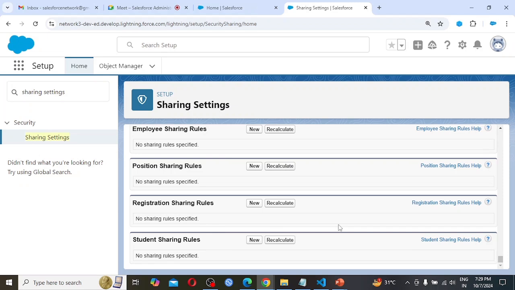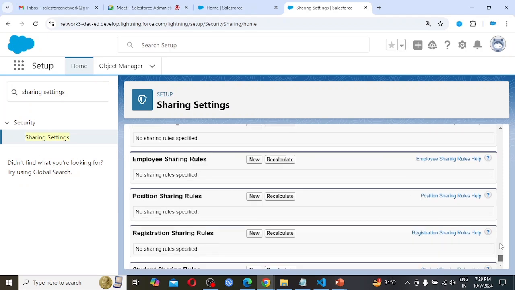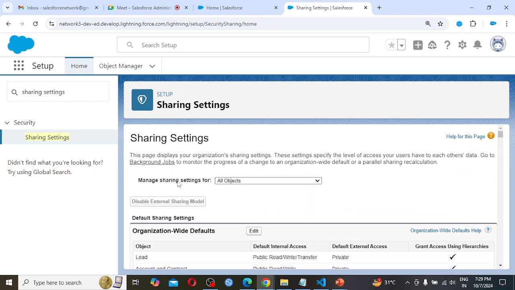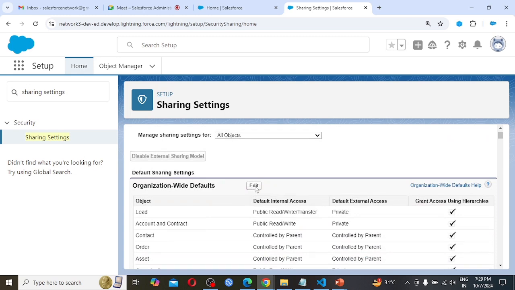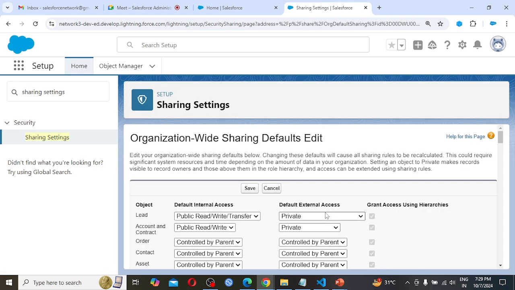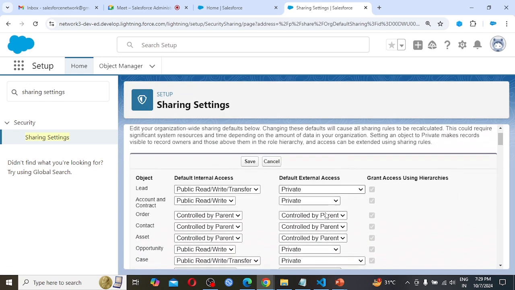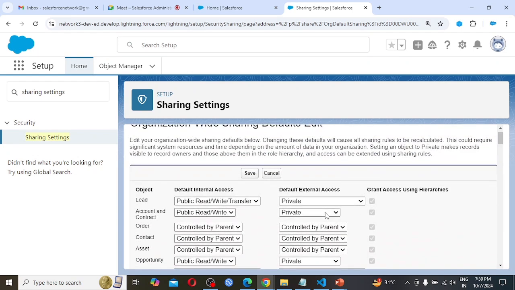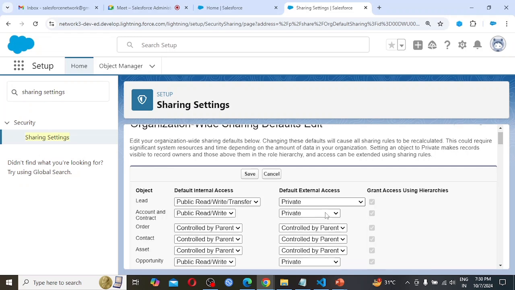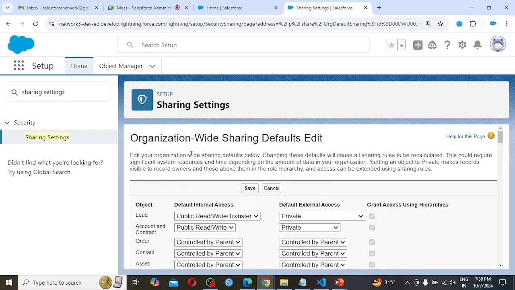So as per the assignment, what we have to do, I am just coming up. So we need to click on edit here, then it is in edit mode. Edit your organization-wide sharing settings below.